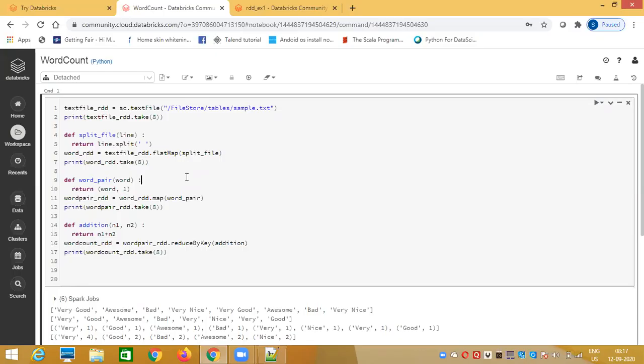Just the objective is to revisit whatever we have discussed on RTD, like what is the definition of RTD, how to create RTD, how to apply transformations on RTD. So we'll spend some time discussing all these theoretical concepts through programs.